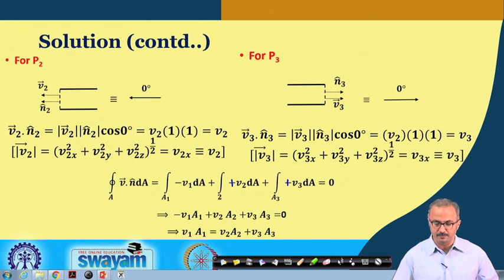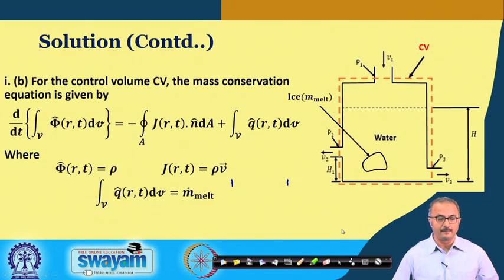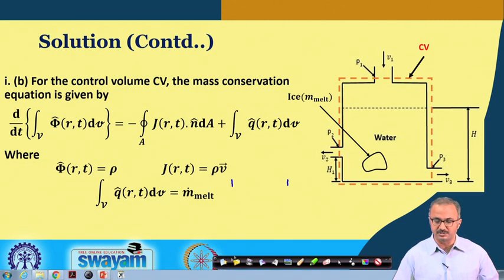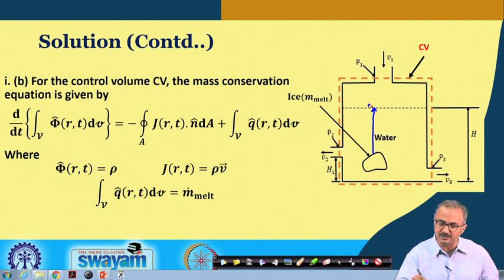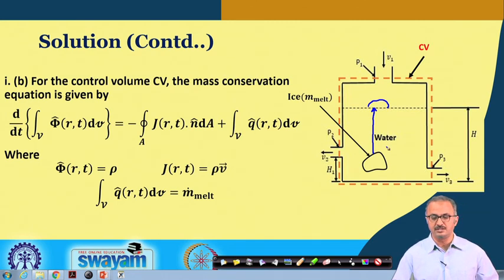Next, we come to the second part of the problem. Here we have been asked to consider that there will be some ice which has been put in the water, and with time this ice will be floating here. That means, once it goes down, this ice will also come to the surface of the water, and we can see that ice will be floating here. Okay. So, this is the way for this particular situation.